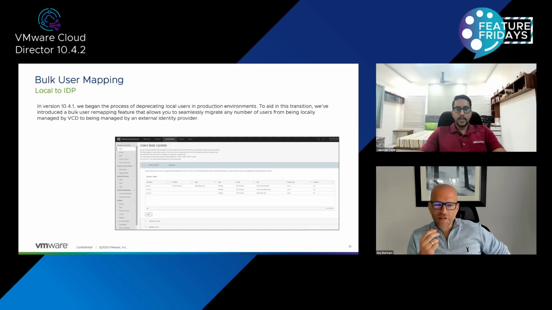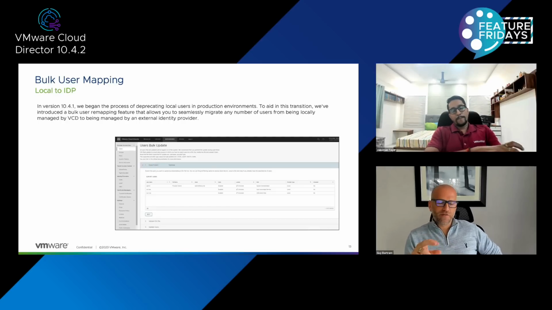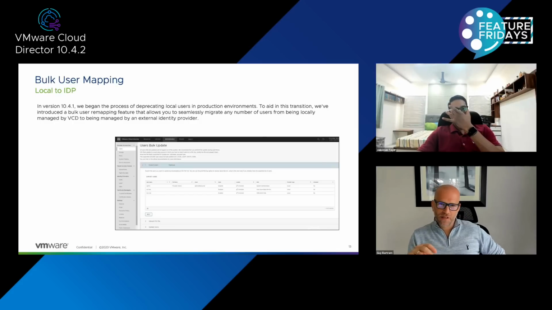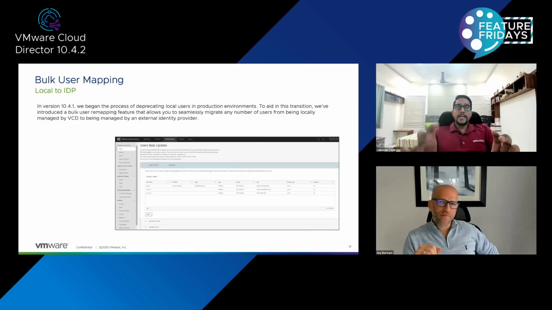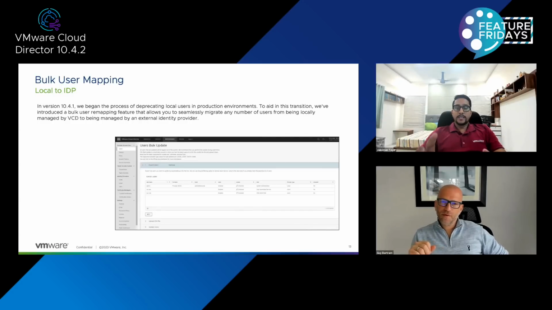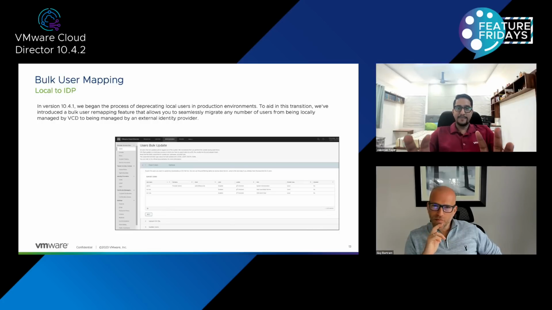Yeah. Jay, just a couple of things on that. So does this fly in the face of the IDP proxy that we just talked about? Because that requires local users. From an IDP proxy perspective, right now, IDP proxy would not be aware of the bulk migration. If I am right, I mean, if I'm not wrong, but yes, you're right. If I have to authenticate my users, which is local, then of course IDP proxy, I mean the local bulk user will not be